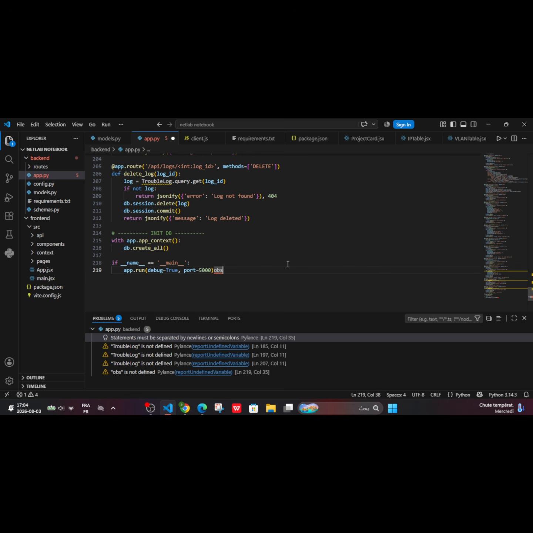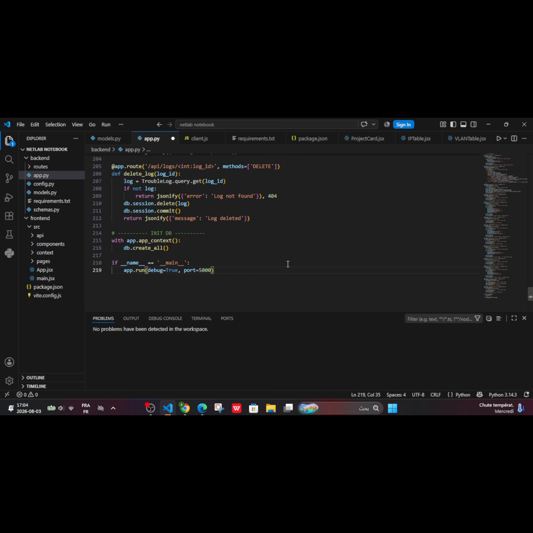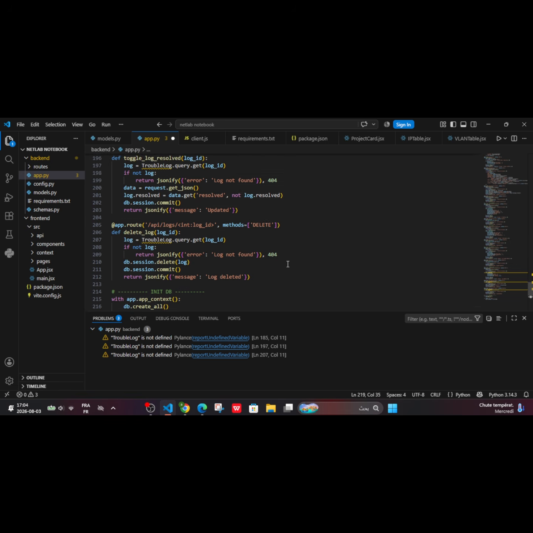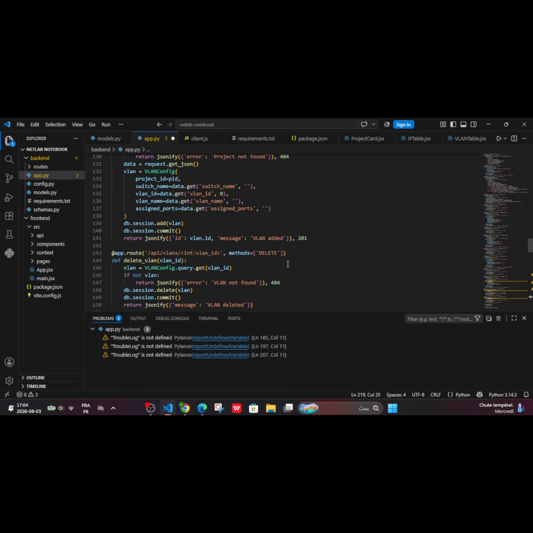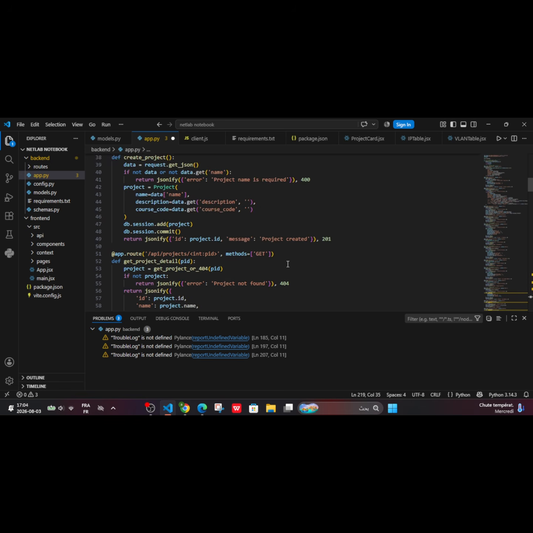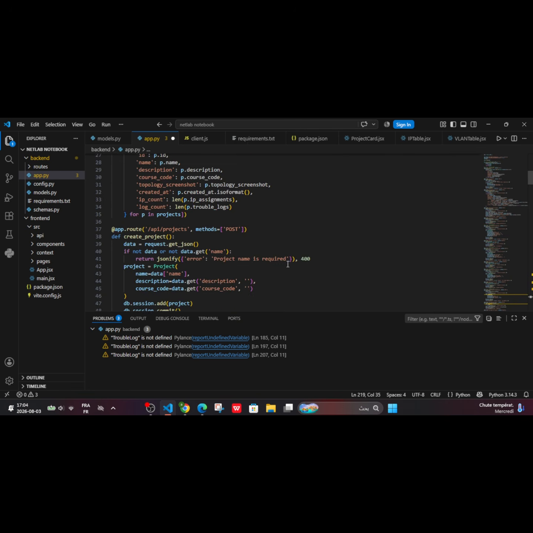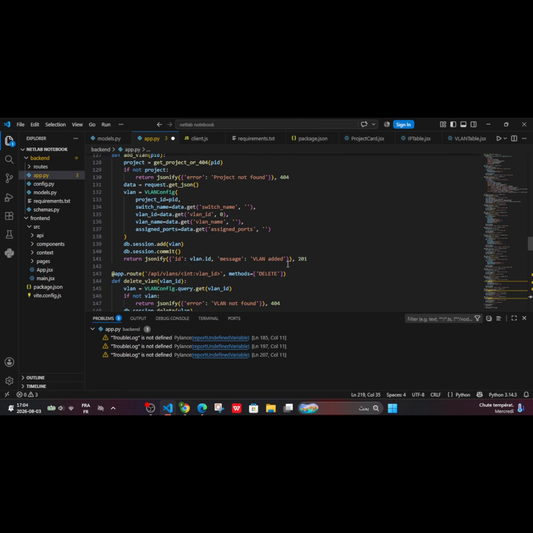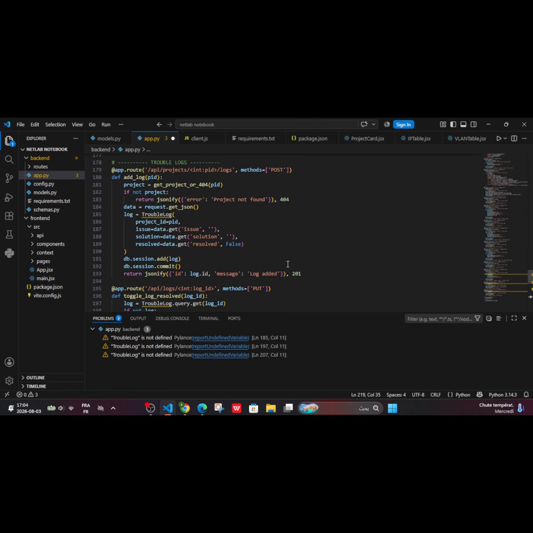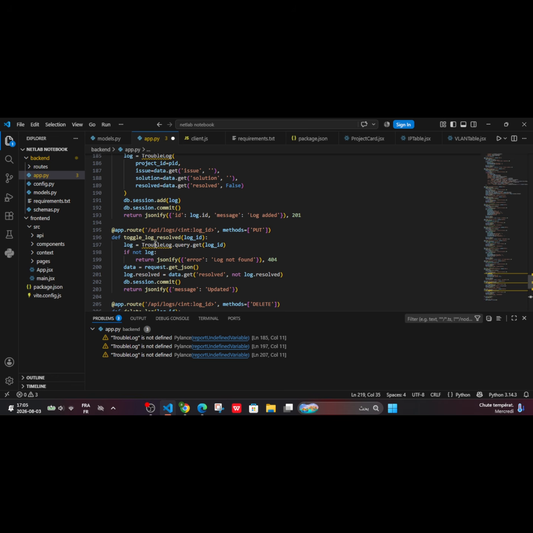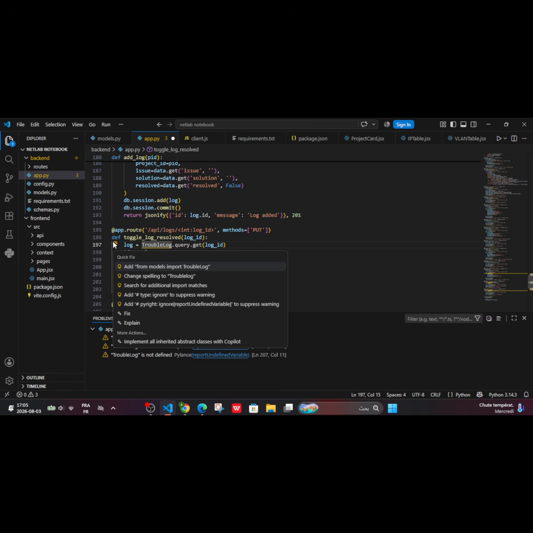This simple error is exactly about the name of the item I imported here in the app.py file, and I correct the name and write the name of the imported item here, you see,